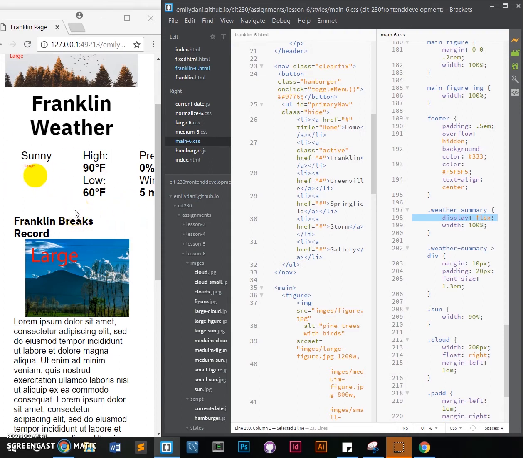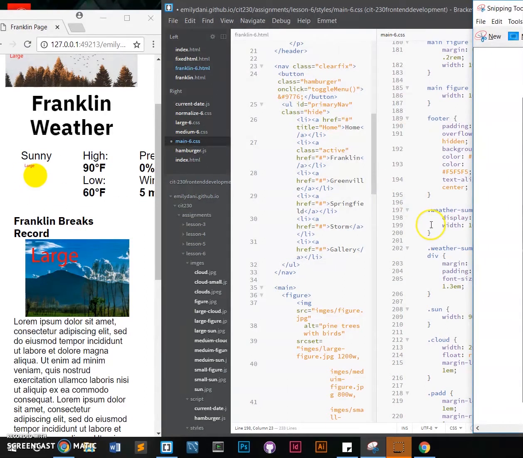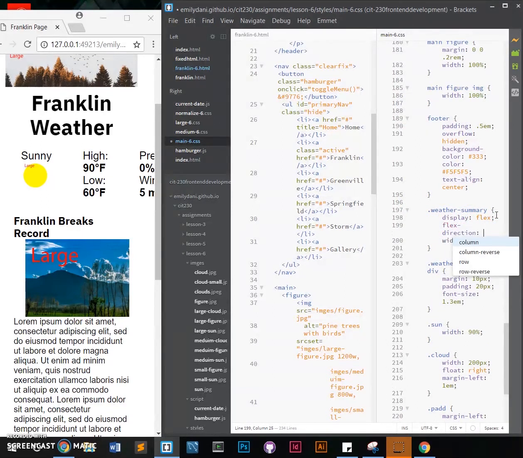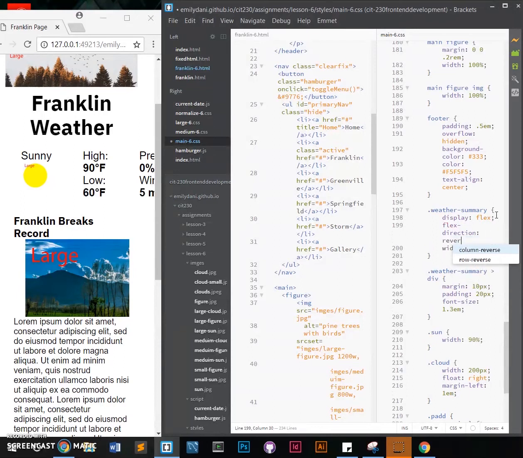There's also ones where you can do reverse flex. For example, you can do flex direction reverse, and then that'll just flip it over for you. And you see now it's backwards in the other direction. You can do other things like column reverse, row reverse, and it just changes the position using your CSS